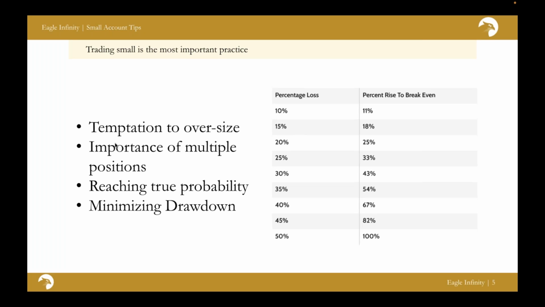So trade small and trade often. That's what we preach. Tasty Trade has the same kind of method in that sense. And again, it's better to risk like 2 or 3% of your portfolio than 5%. 5% should be that upper limit. And again, it can be extremely restricting with small accounts. So we'll get into some ways to work around that.